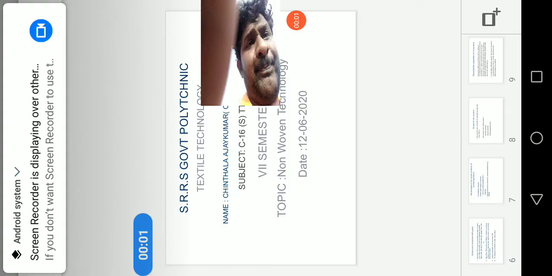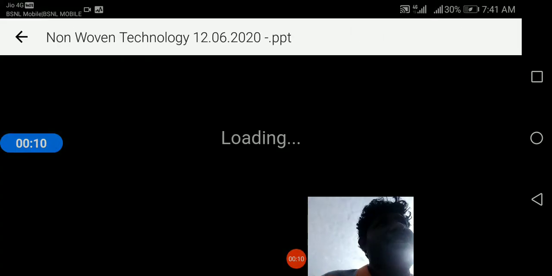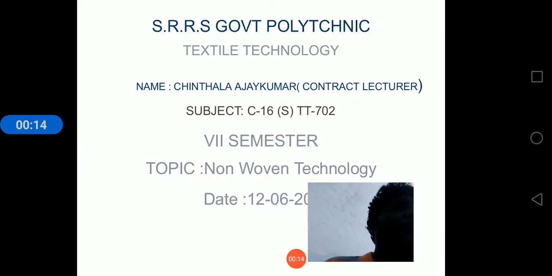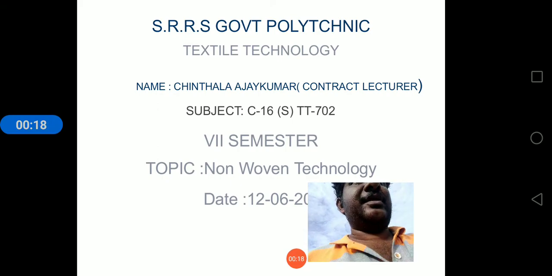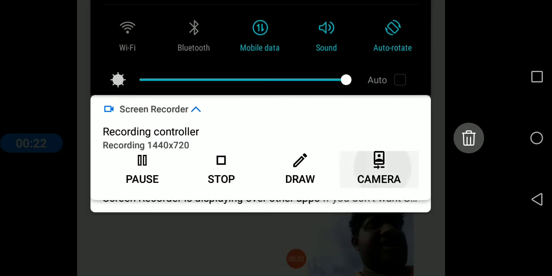Technology: the introduction of non-wovens, a brief on what is meant by non-wovens and non-woven technologies, non-woven applications, and comparison between wovens and non-wovens, and comparison between non-wovens and knitted fabrics and wovens. So these are the techniques we have to see now. Okay, first of all,